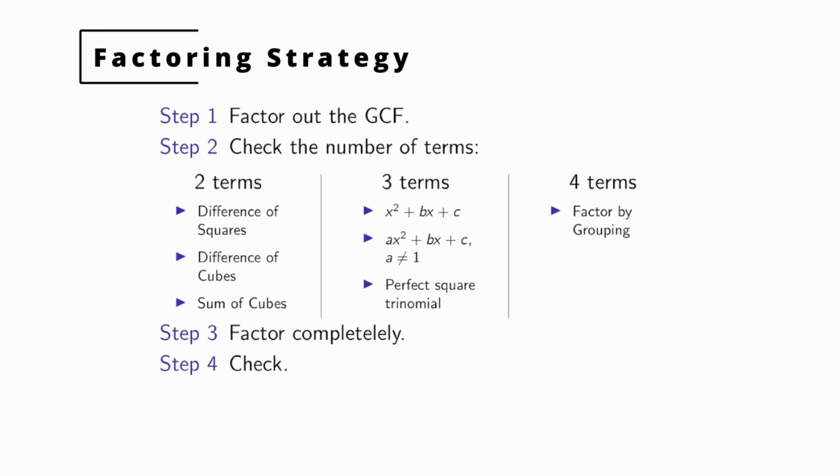Once you've used the correct technique, you may have to factor again. Once you've factored that polynomial, there may be more things that you can factor. Make sure every polynomial factor you end up with is completely factored. Remember, you cannot factor a sum of squares, so x squared plus 4 cannot be factored. Finally, check. Multiply it all back out if you want. Do you end up with what you started with?